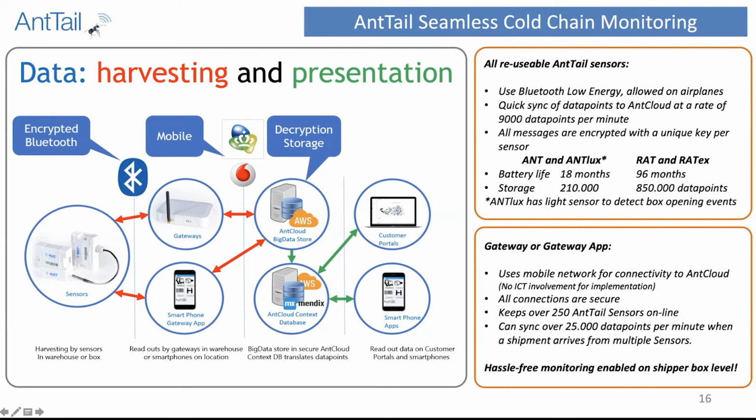If we see a sensor and we connect it to our cloud, the rate is actually higher than 9,000 data points a minute. It's actually about double that. We synchronize 1 month of data, that's about 8,400 data points, in about 34 seconds. So it's really, really quick. Even if you have to synchronize a month of data, all it needs is about 30 seconds, maybe a minute, when it's in range of a smartphone or a gateway, to synchronize its data into the cloud. That's very, very quick.